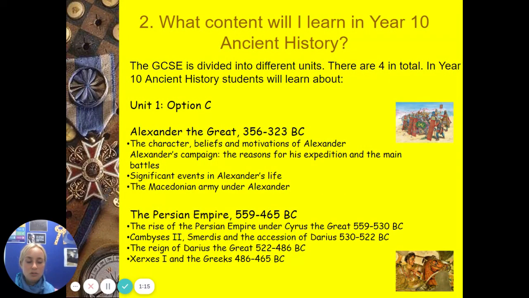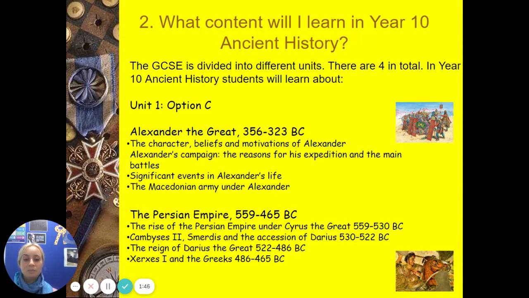What content will students learn in Year 10 Ancient History? Well, the GCSE is divided into different units. There are 4 in total. In Year 10 Ancient History, students will learn about Alexander the Great and the Persian Empire. For Alexander the Great, they'll learn about the character, beliefs and motivations of Alexander, his key campaigns, the reasons for his expeditions and the main battles. They'll also look at the really significant events that occurred in Alexander's life,